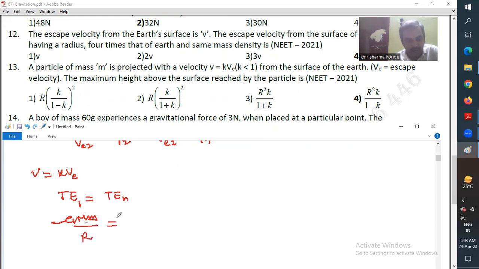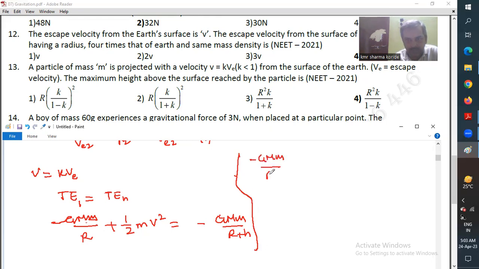And there is also velocity. With some velocity projected, it also possesses kinetic energy. So this is the total energy on the surface of the earth. When it reaches height h, assume that the final velocity is going to be 0. So it only possesses potential energy, minus GMm by R plus h. So this h we need to find out. Now let us continue. Minus GMm by R